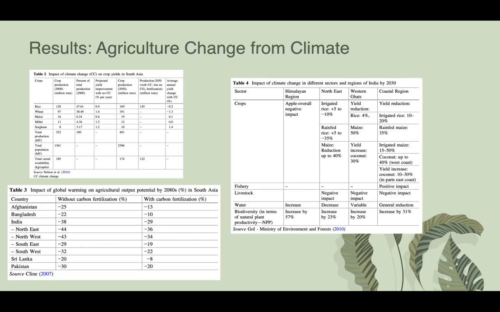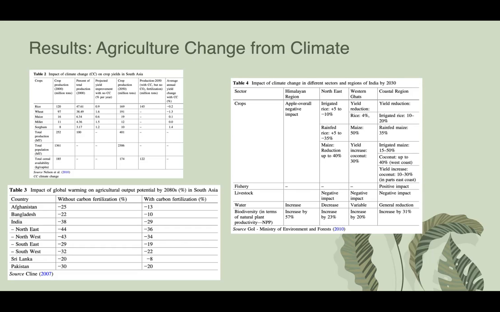And it's showing that with no CC, with no more climate change occurring, we can see improvement, but this is if we are making some changes. And the other table is showing the impact of global warming on our agricultural output, looking into 2080 in South Asia. And you can see that without our carbon fertilization, it will, and with carbon fertilization, the percentages are negative, which is not a great impact if we want to see some change and